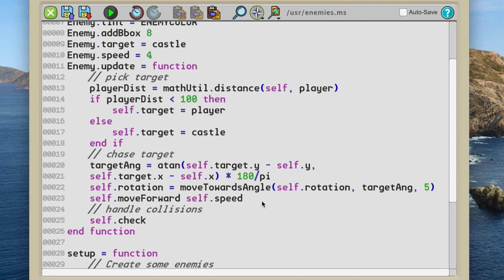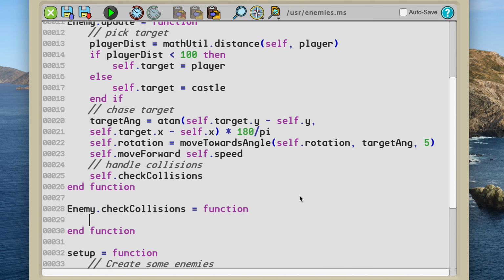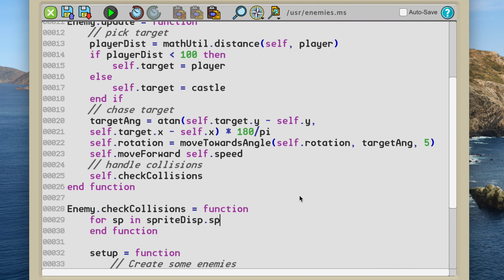Self.check collisions. All right. Enemy.check collisions is a function that does what? Well, for sp in sprite disp.sprites,